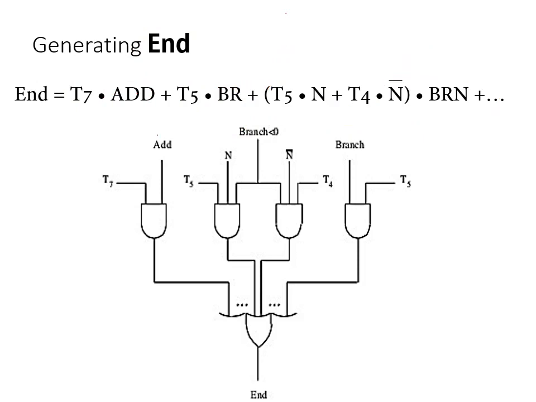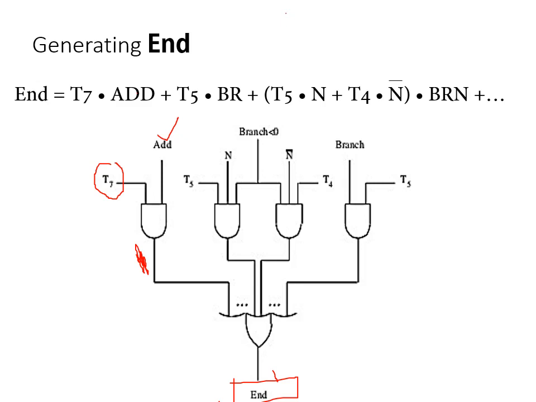See, if it is an add instruction and it is clock cycle 7, then the end control signal will be 1. Means there is a control circuit called the end circuit. What is its work? Its work is to electronically stop execution of an instruction. Means the instruction has executed, so it has to stop its execution. It flushes out the IR register and resets the step counter. Did you get this?